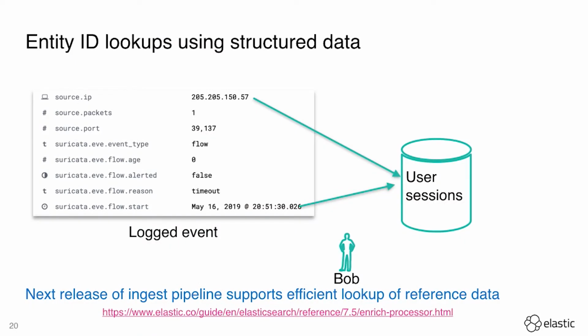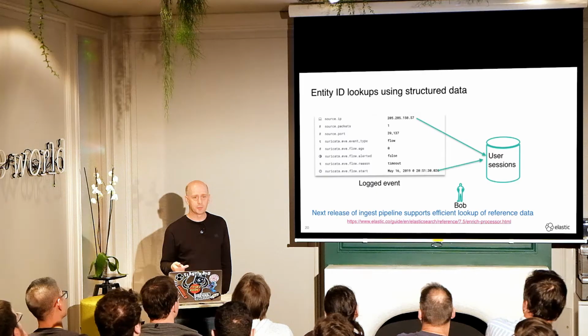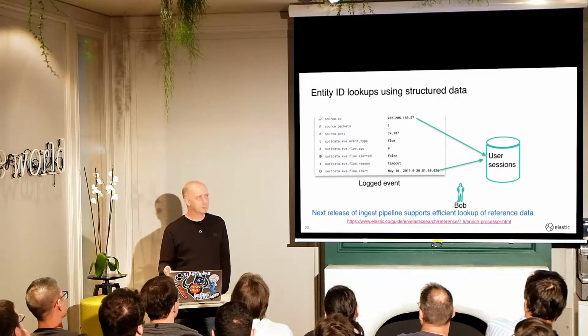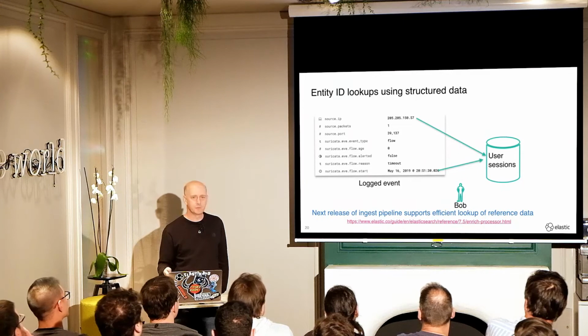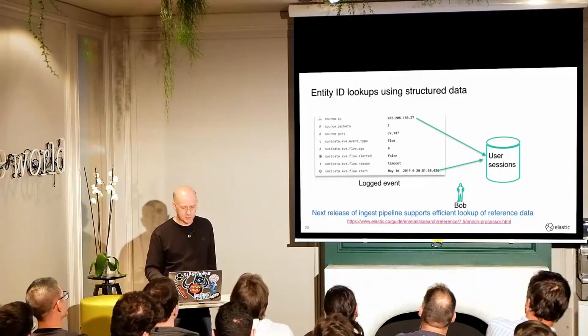The ingest pipeline is getting this new support for looking up reference data in version 7.5. I can't remember if you mentioned it earlier, David. No. I don't believe it's got time-based lookups yet, but it will at some point in the future. That's on the roadmap. But it's part of this whole idea of understanding who you're doing business with and enriching your data with the information that tells you who out there in the real world is actually the source of this data that's being sent into your business.